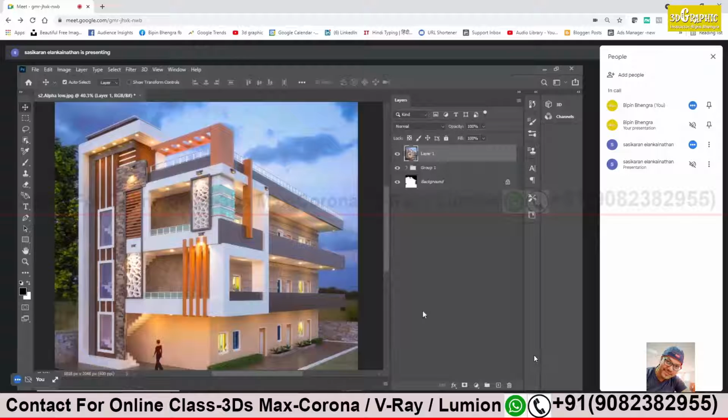and you see a brand new image. Just turn on and off the eye icon, you see the difference. You see what was before? Now tell me what difference you are noticing before using the effects and after using the effect? Texture, color is bright.